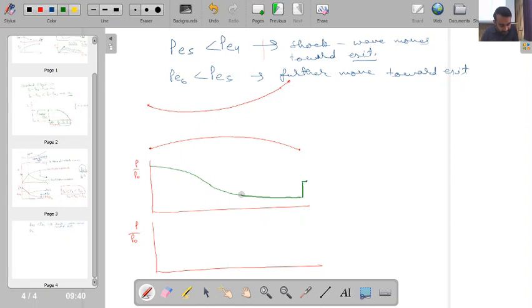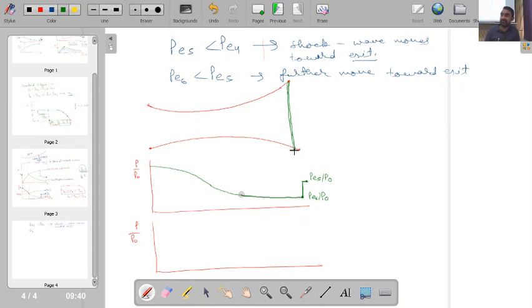So here say this value is P5 by P0, and this value just upstream is PE6 by P0. So here what I will be finding, the shock wave will occur somewhere over here,